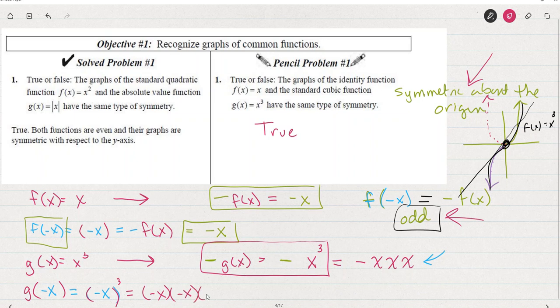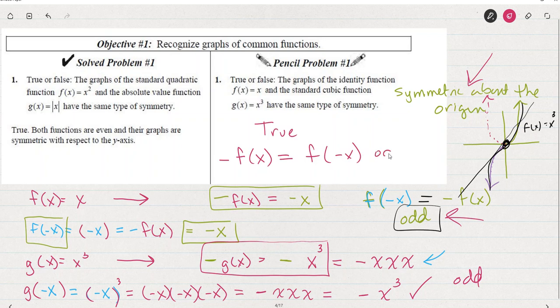We have 3 negatives being multiplied. So when we have 3 negatives, couldn't we say that that's the opposite of x times x times x, which is the opposite of x cubed? And so this is, in fact, odd. Whenever the opposite of f of x is equivalent to f of the opposite of x, we call that function